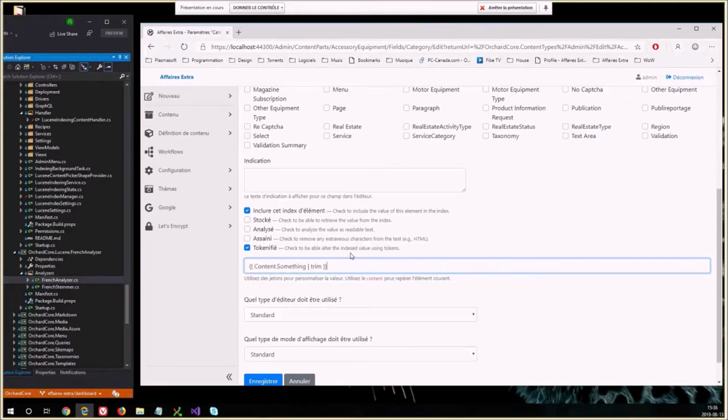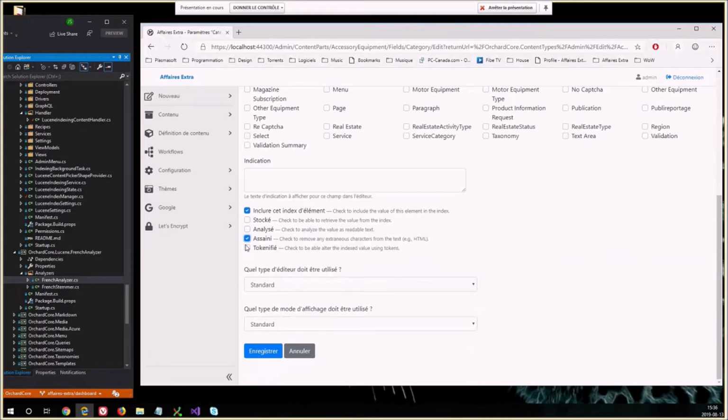The issue being that when Jasmin talked about this tokenized feature, it was like, it doesn't work. I'm like, we don't have it in Orchard Core. We had it in Orchard 1 as tokenized, but in Orchard 1 tokens were what we call liquid in Orchard Core, which is to be able to filter the data to convert it. So the goal was really to change the content of the field before storing it in Lucene. And apparently, I didn't implement it. I created the two options, but I didn't implement either of the features behind them. So you can click on sanitize or tokenize. It doesn't work.